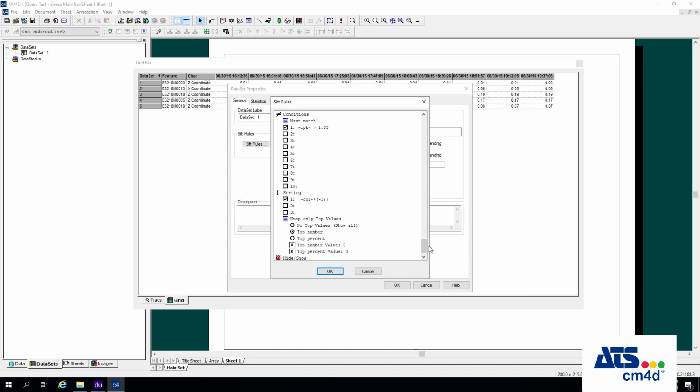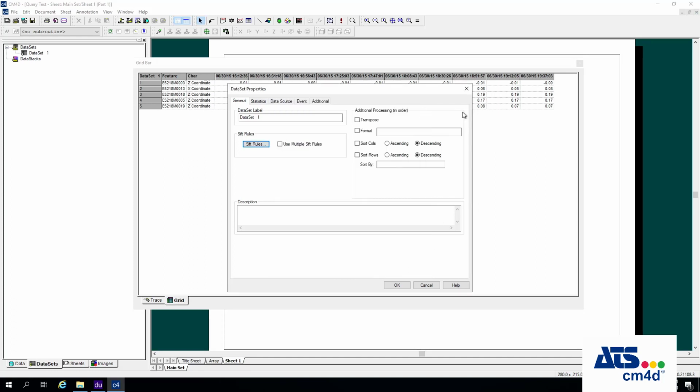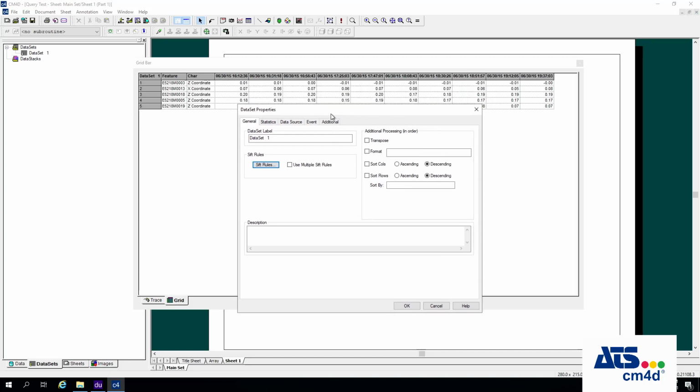So if it did something like that, we could flag that value, and then later on, if we go to our SIFT rules where it says hide show, if I said show only rows triggered by event 1, then if that row had a value that was greater than 2, that row would be triggered, and that would be one of the rows that show up, whereas all the others would disappear. So if we look at this,